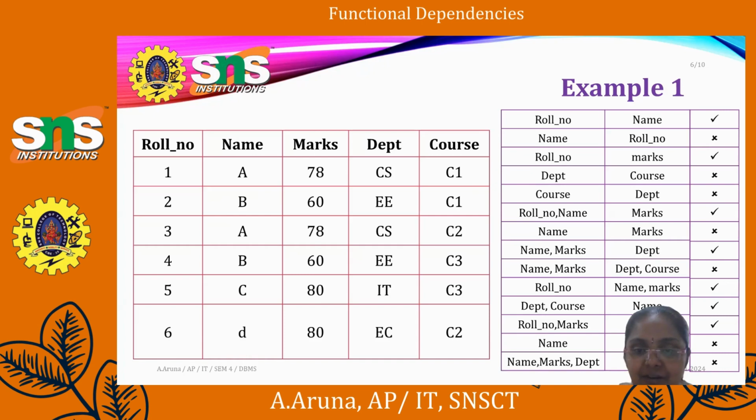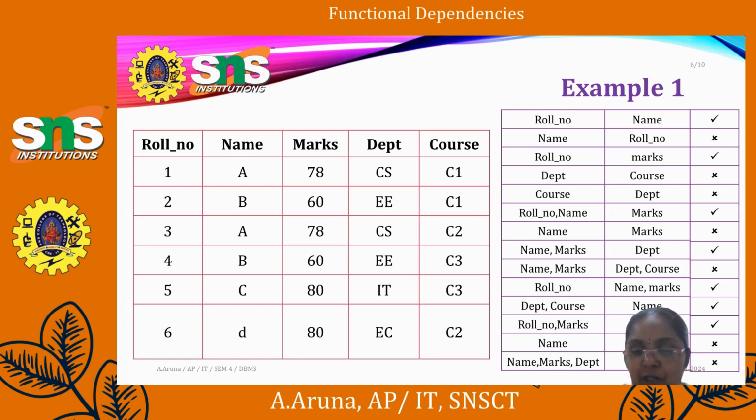If I see the reverse, name and roll number, this is my name. Here I call out A means A. Both students can have the name A. So I can't pick whether it is 1 or 3. It is a little bit confusing, is it right? Next, I can go for some other thing. So this can be called an invalid.